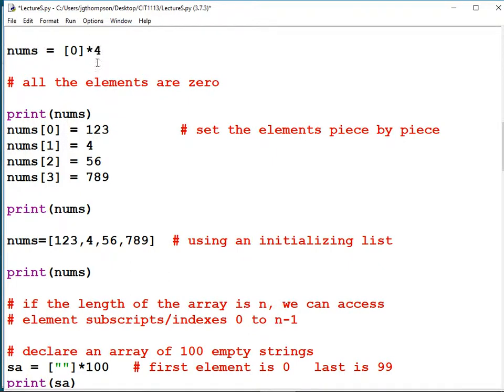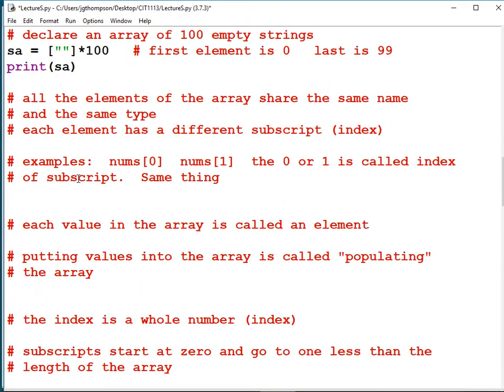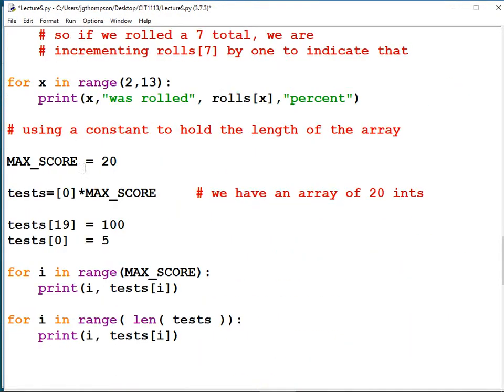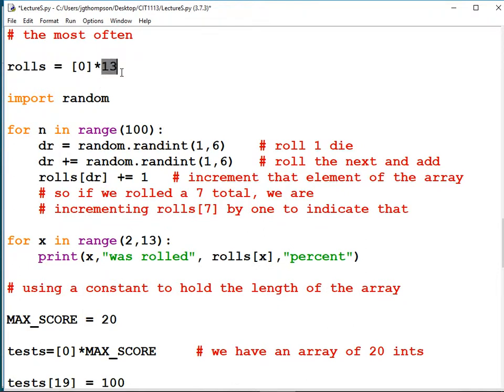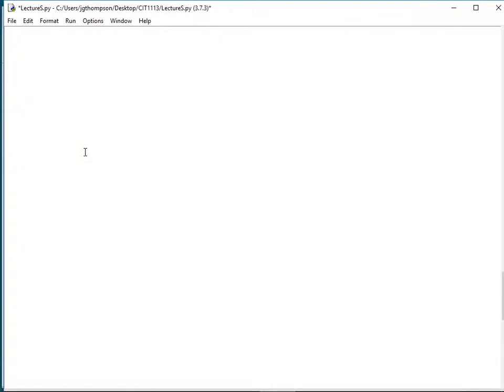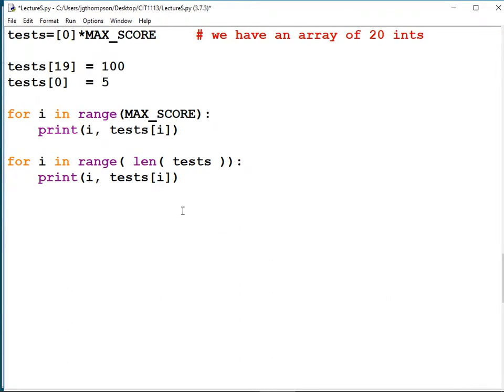But if I made a constant, you know, like NUM_EXAMS equals 4, and then I did 0 times NUM_EXAMS, that would make sense, right? We would know. Or down here, why did I use 13? Because that's 1 past the maximum roll that we could get with 2 dice. It's stuff like that. So a magic number is just one that kind of appears out of nowhere with no real explanation and should probably be defined as a constant instead.